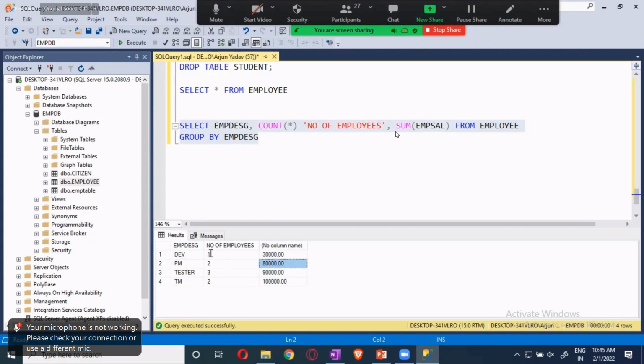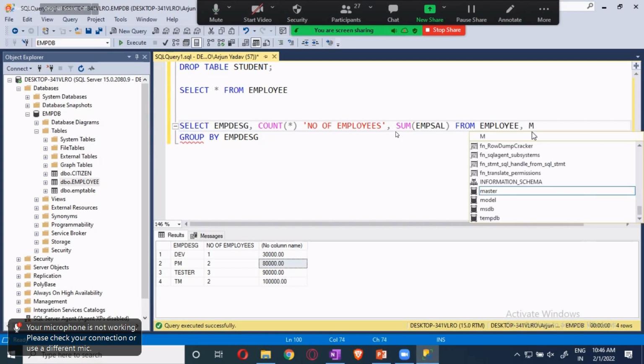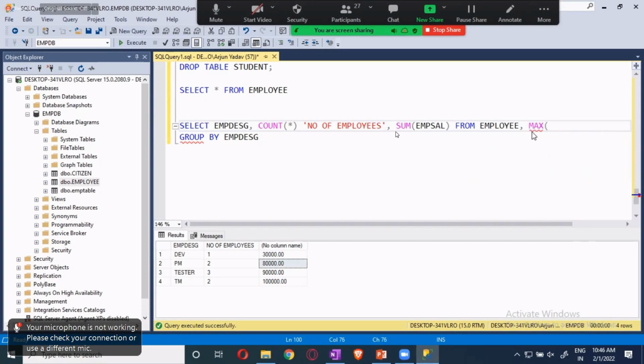Now you can see this easily. Now you want to see the maximum of them also. It's up to you how you want to play with the things. Now if you want to see who is the maximum, you get it over here. Give the max EMP SAL like this. Now it will give us the maximum salary being paid in this category. One more column will be coming, maximum salary over there.